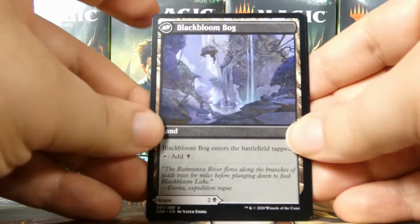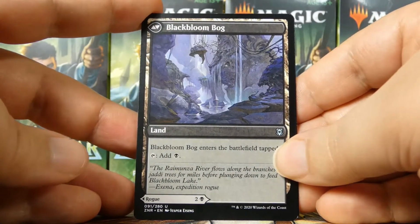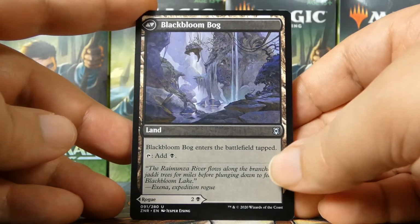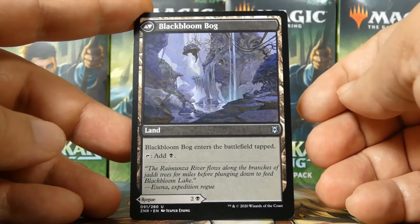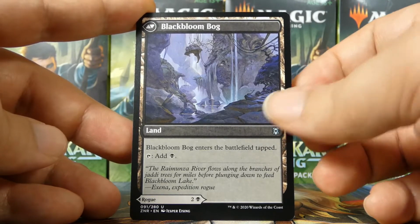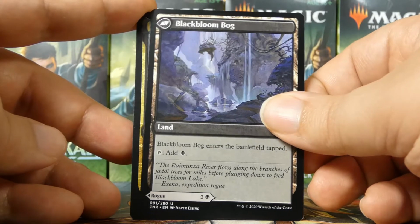Okay. We have a Black Bloom Bog on the other side of that, by the way. Is what it flips into, so that is pretty good. These double-faced modal cards, very, very cool. And so our last rare or mythic is...